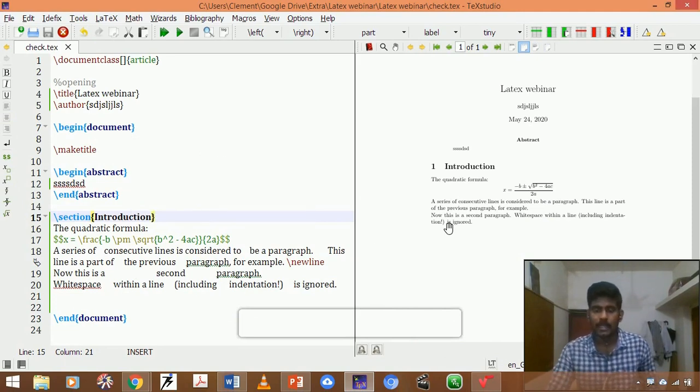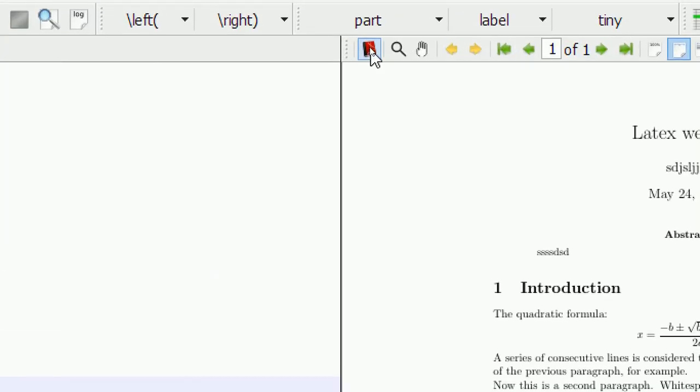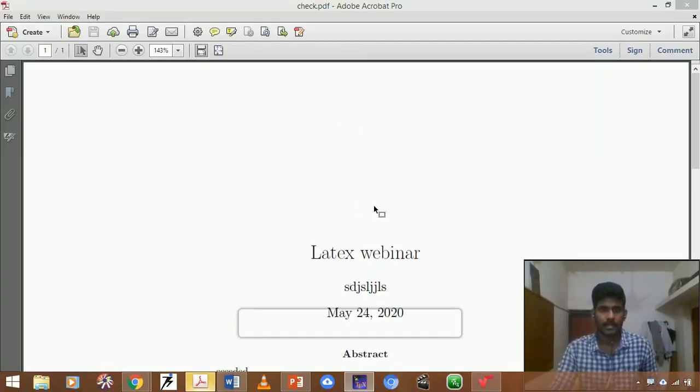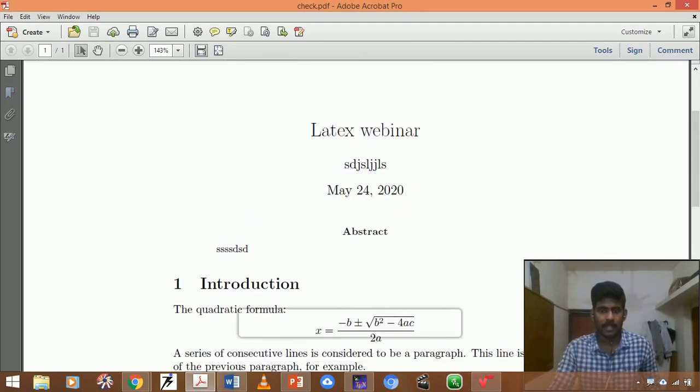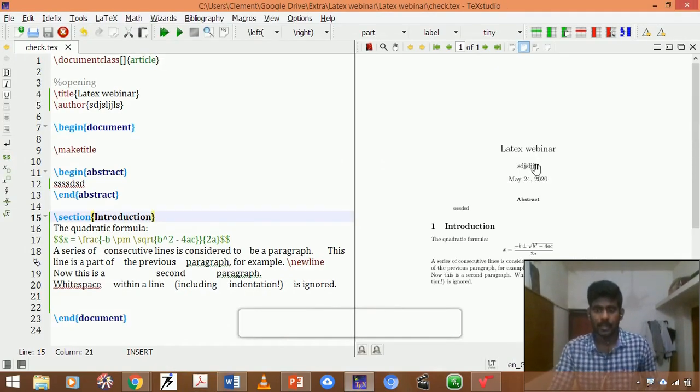Here I could see the font size is smaller, because it shows in another small window, but if you view it as a separate PDF, it will show in a proper way. See, now I feel better. If you extract it as a PDF, it will be the normal font size.